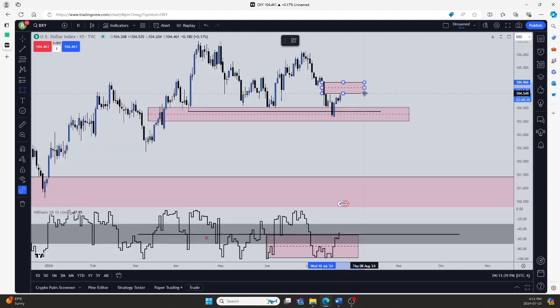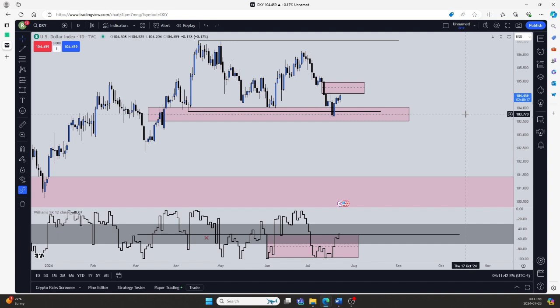If we trade to and through this fair value gap and it becomes a balanced price range, I think these highs are going to get targeted. This will be the next draw on liquidity. Right? So that's what I'm expecting right now for the dollar. Just a little summary or a recap of what we covered. Right? So I believe the dollar is going to be moving higher. Okay? And if we close above here on the daily time frame, I really do expect these equal highs